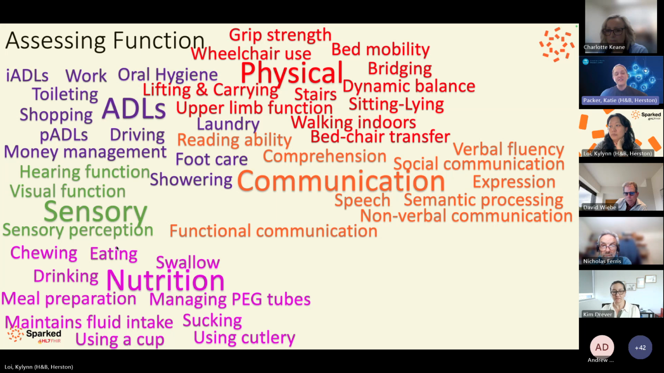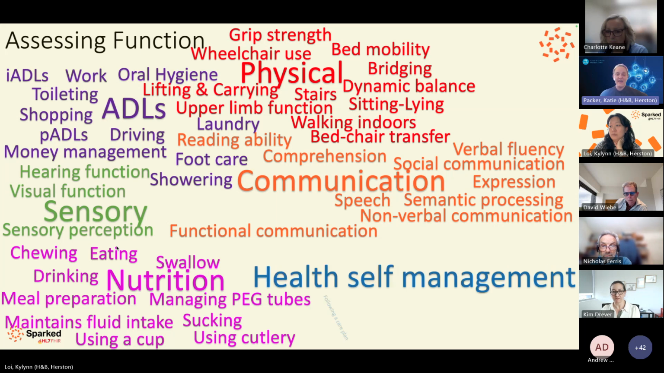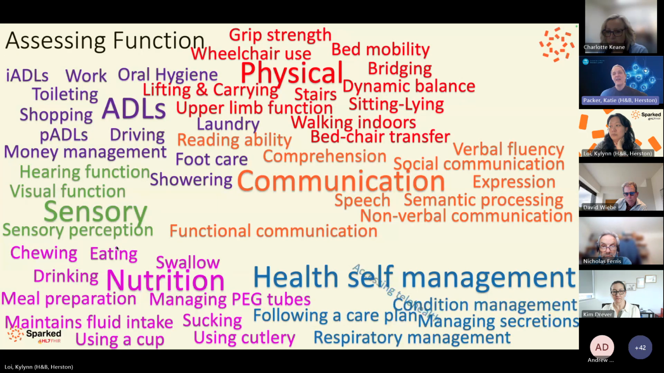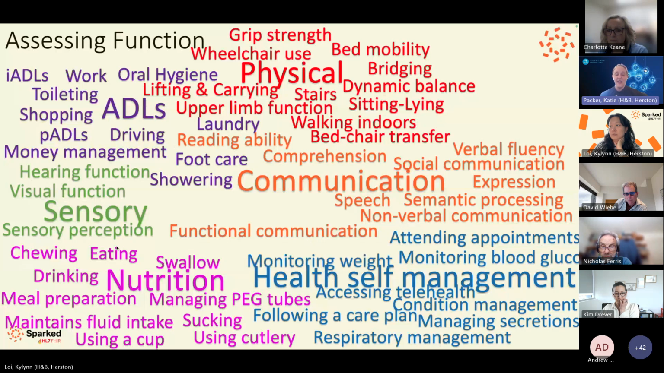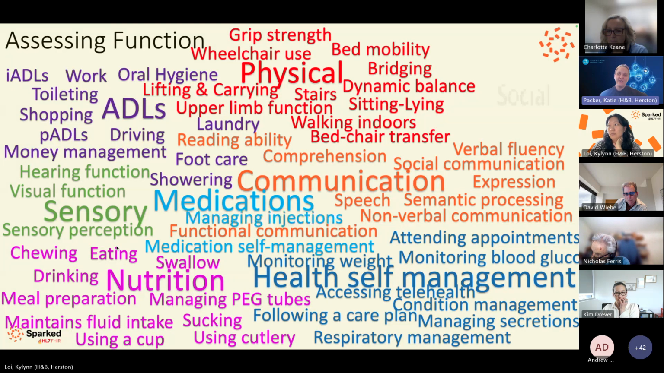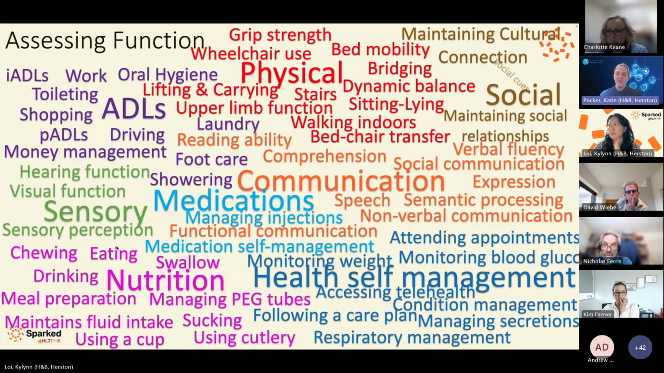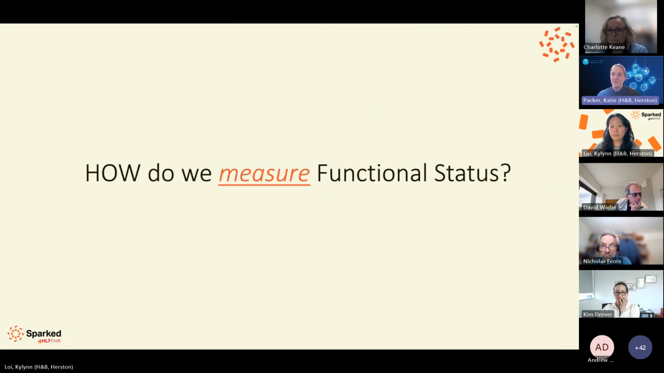And so when you're looking at these different things, you'll see some of them look like they're activities, like shopping or toileting or walking. Some of them look more like impairments, like swallowing or grip strength, that sort of thing. And so it's how we categorize those different things, and how we look at that when function is so broadly defined. If you go to the next slide, in terms of how we measure function, I think